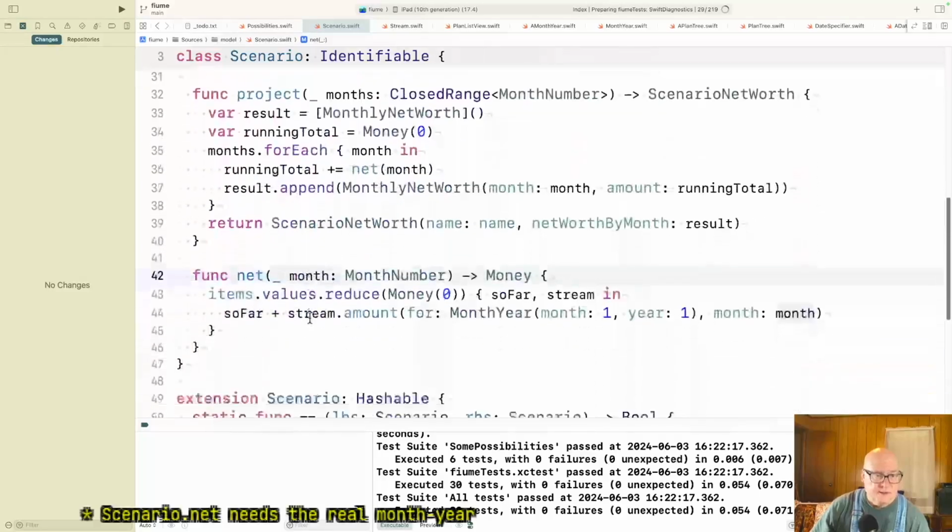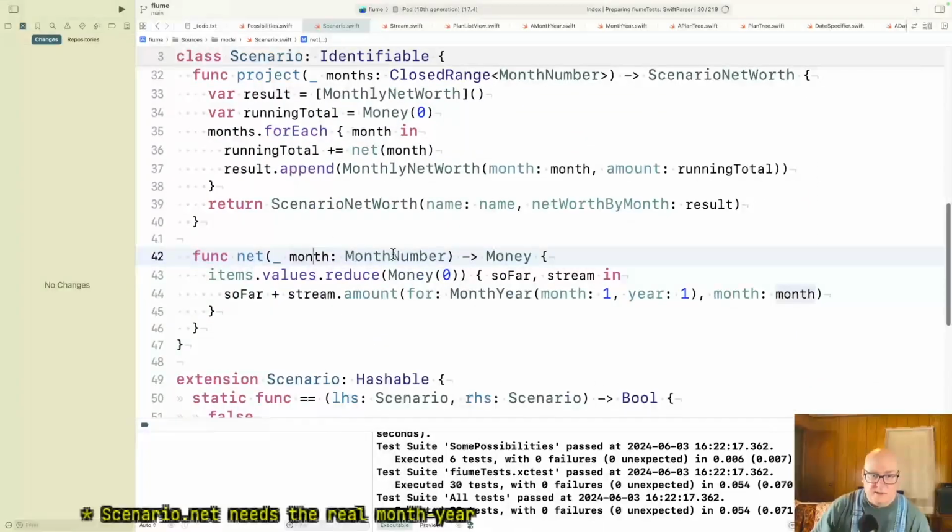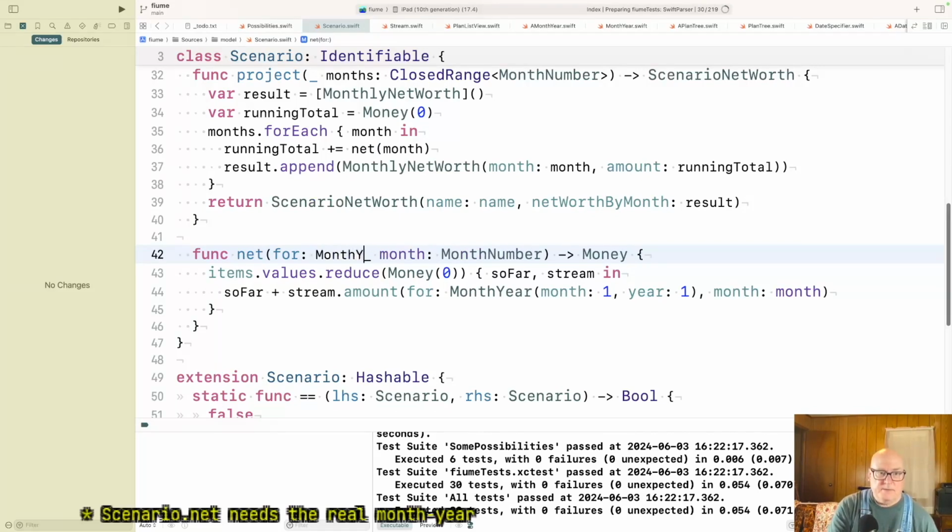And now scenario doesn't know the month year. Okay, so, well, I can do this. There's a better way too. So do this for month year equals this.